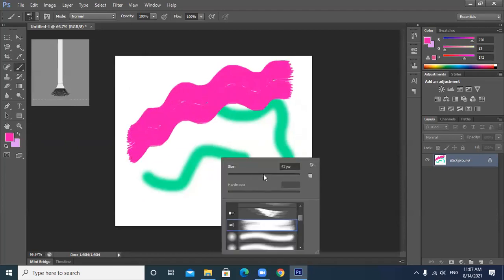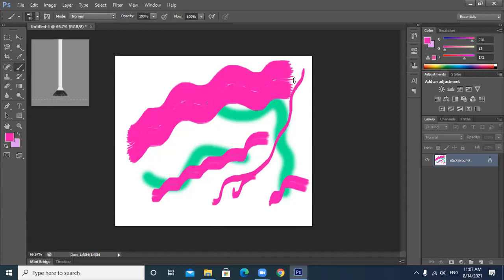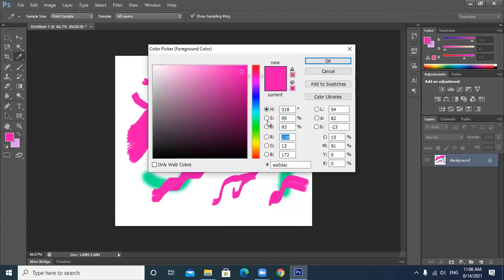Different kinds of brushes will give you different effects. So the smaller the size you take, this can be used for calligraphy also. Calligraphy fonts are like this, right? So these types of brushes, depending on how you set the hardness and the size of the brush, you can use as calligraphy brushes also. So there are different types of brushes. You can see the strokes are available. You can choose any according to your requirement.